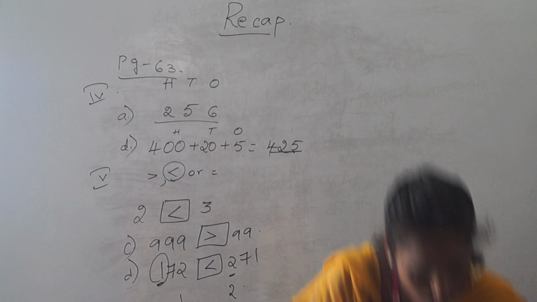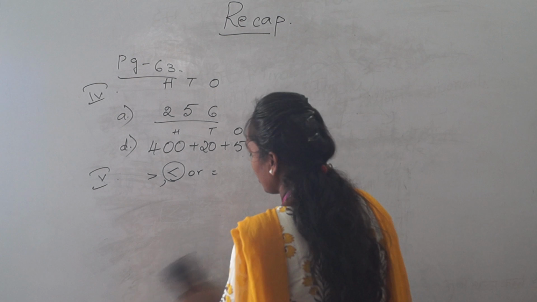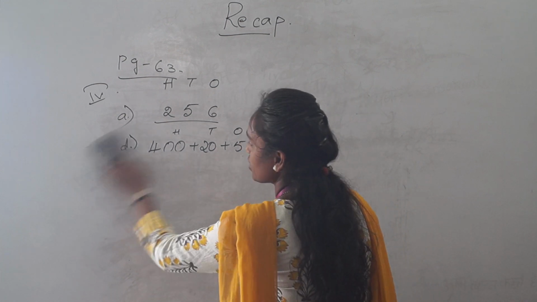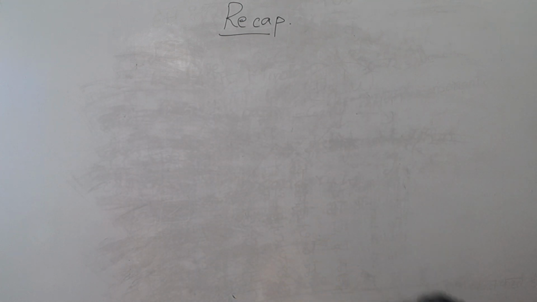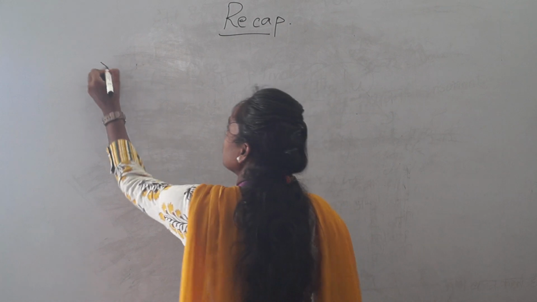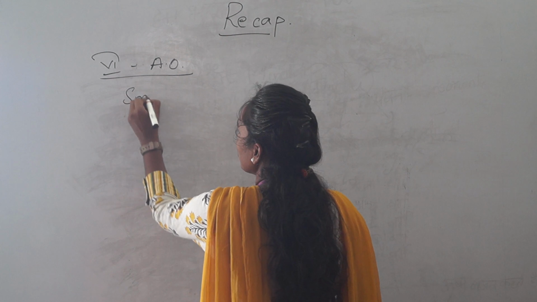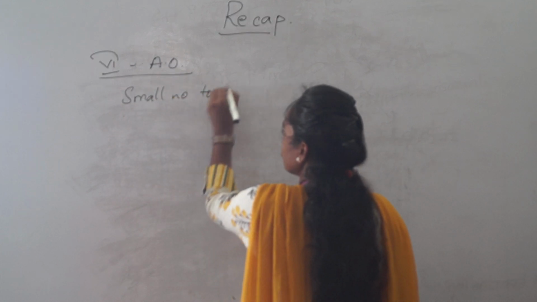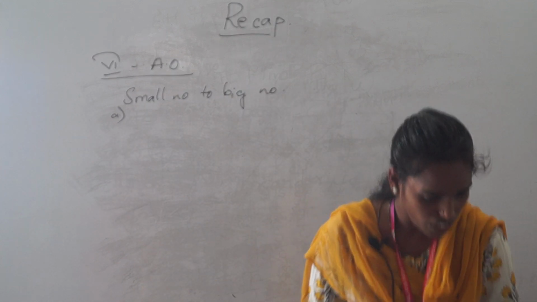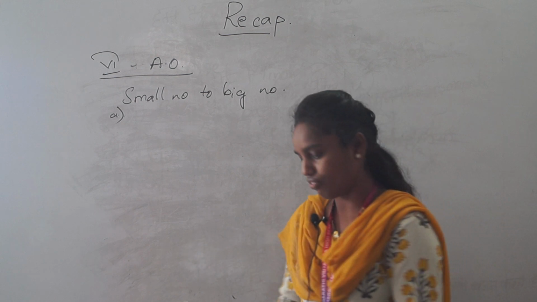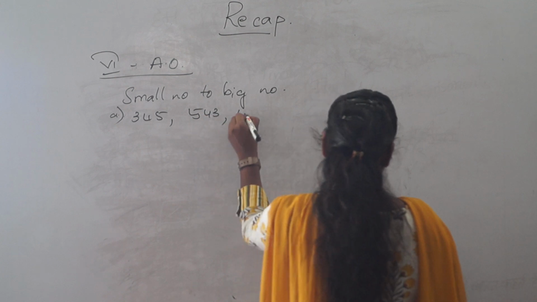Okay. Now let us move to the 6th bit, that is ascending order. How many of you have remembered ascending order, children? What is ascending order? Ascending order means small to big. Ascending order means small number to big number. So in this, first they have given 345, 543, 435,